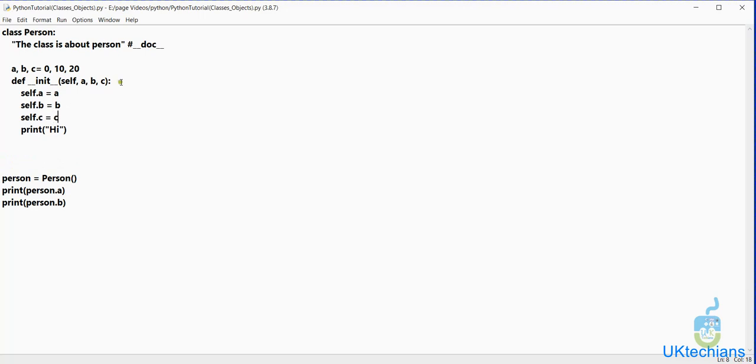So what it says is that this is the instance of the class, so we are storing the values of a, b and c in these class variables, right? So let's say we will enter here, for example, a equals 12, b equals 13 and c equals 20, and then we will print.